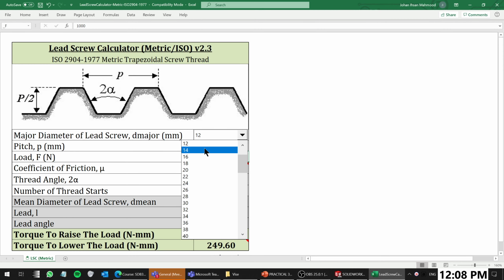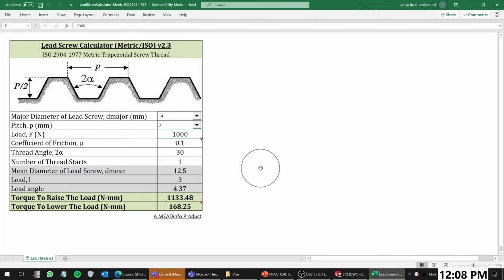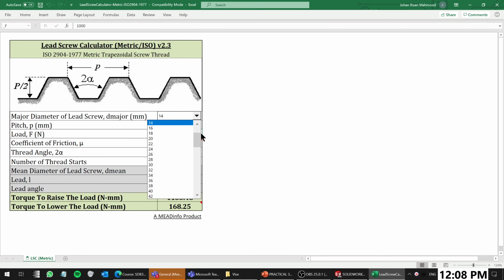So 14. What was the pitch earlier? 4, right? The pitch here only has 3. I don't have more. It means if you change to 16, it also has only 3. 22 has 5. So take a look too. Sometimes what you design has no standard. This one is for ISO. If you choose a lead screw,